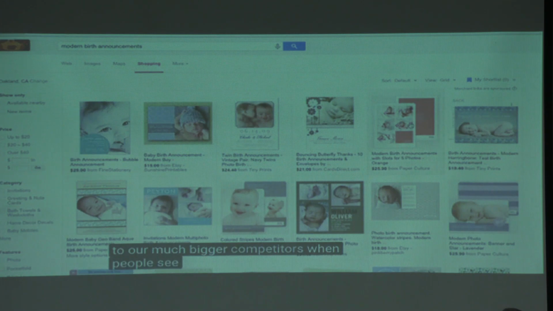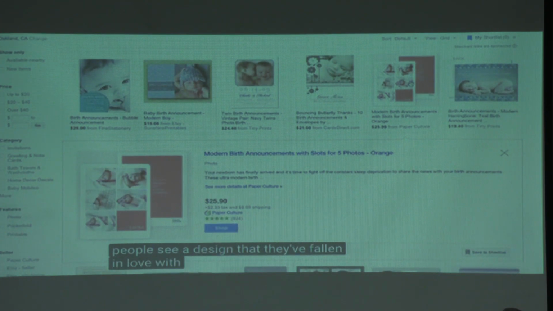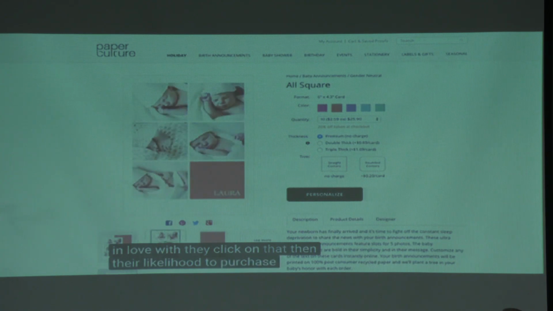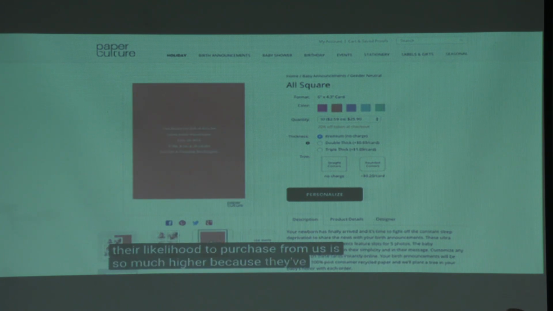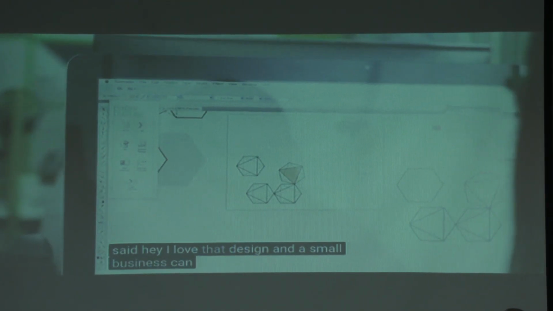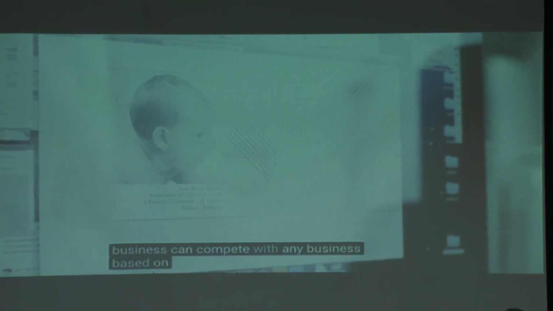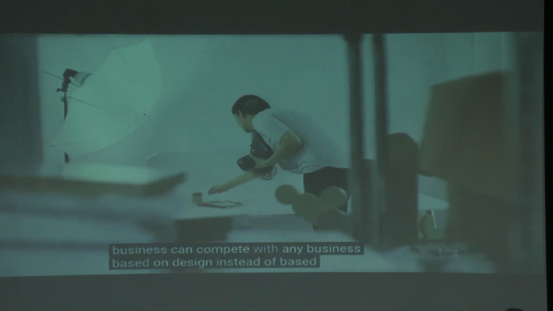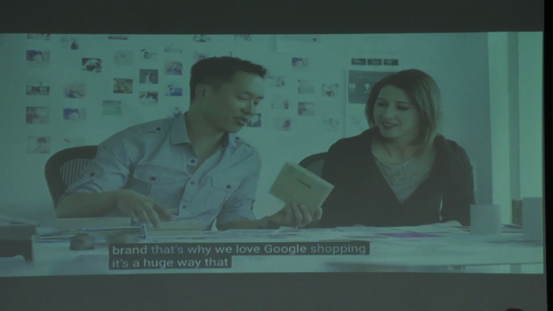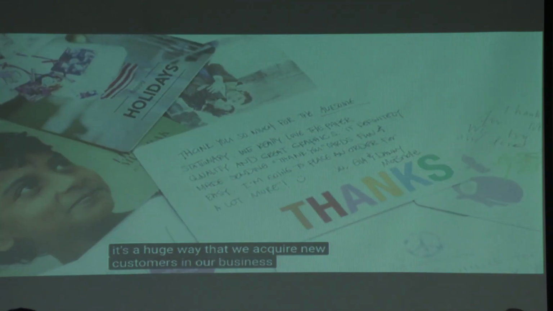When people see a design that they've fallen in love with and they click on that, then their likelihood to purchase from us is so much higher because they've already said, hey, I love that design. And a small business can compete with any business based on design instead of based on brand. That's why we love Google Shopping. It's a huge way that we acquire new customers in our business.